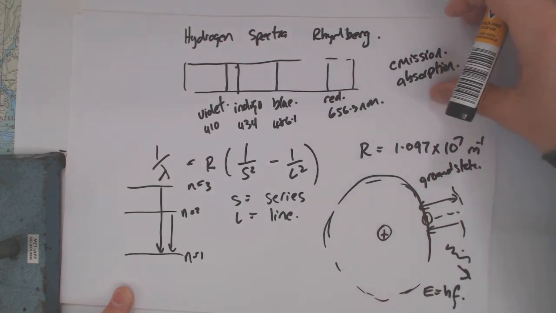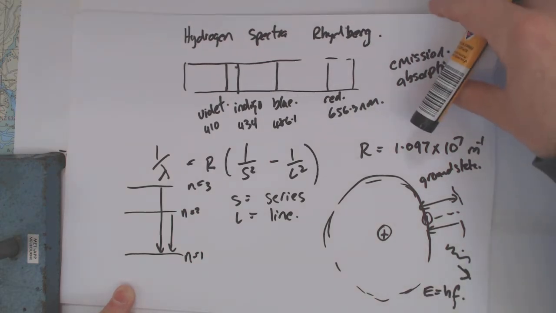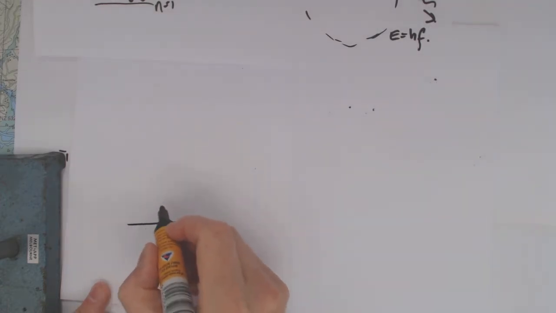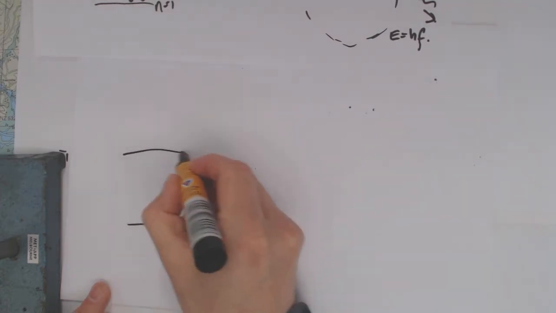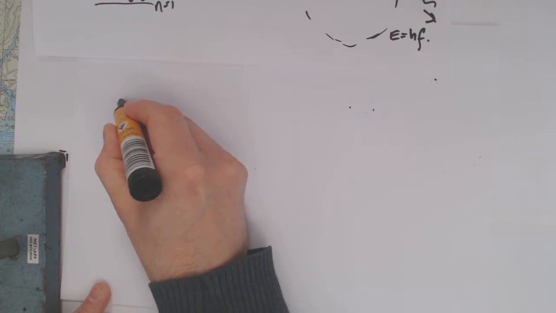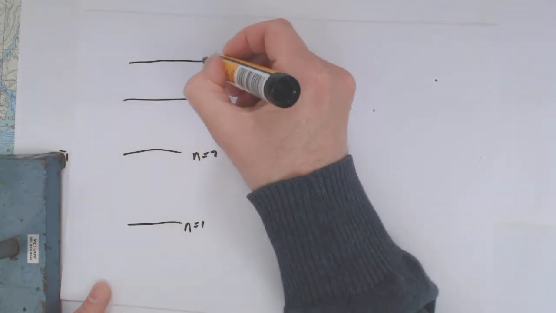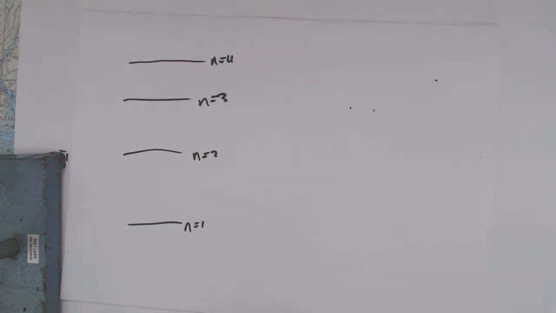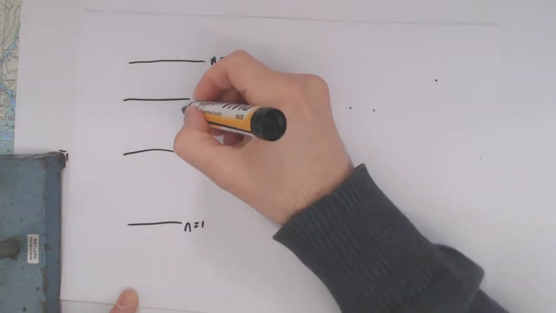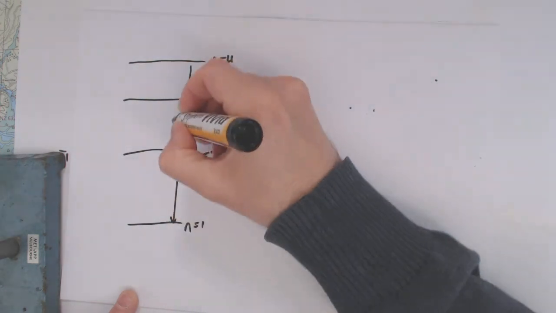So let me just give us a bit more paper here. Let's just give us a bit more room. N equals 1, n equals 2, n equals 3, push that one up, n equals 4. And what you notice, these gaps in energy are getting smaller and smaller, and you'll be able to see why from your formula. But if we're falling back to n equals 1,